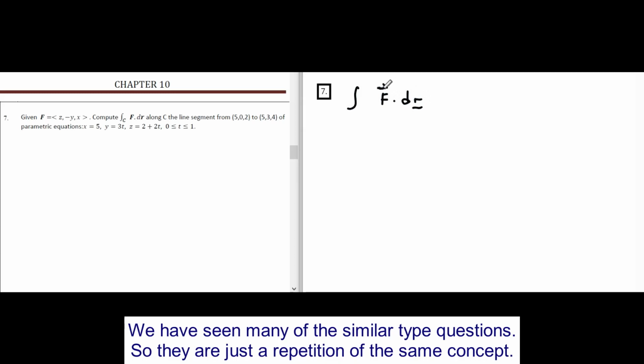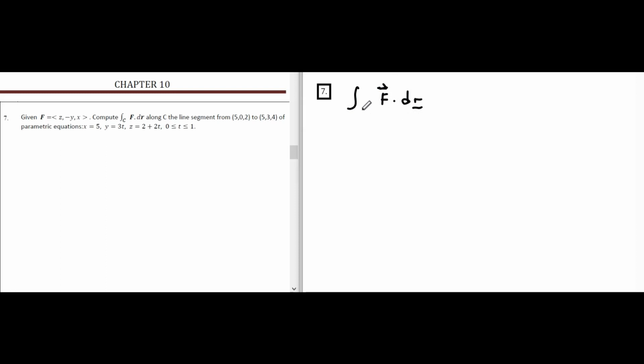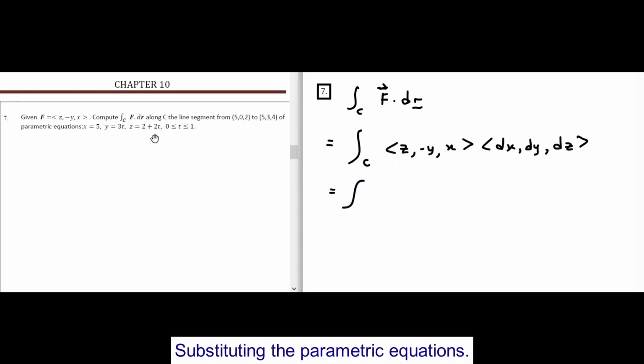We have seen many similar type questions, so they are just a repetition of the same concept. Substituting the parametric equations,